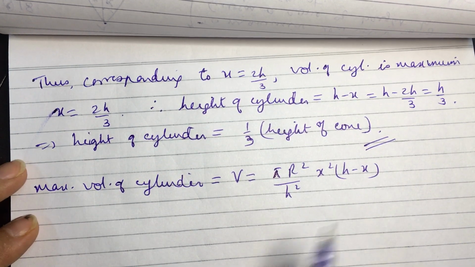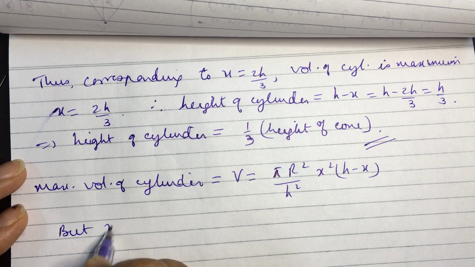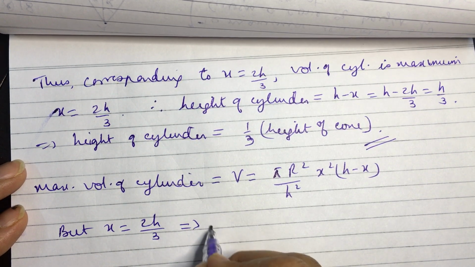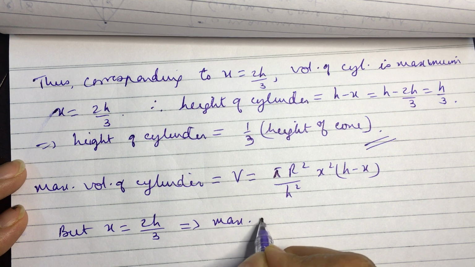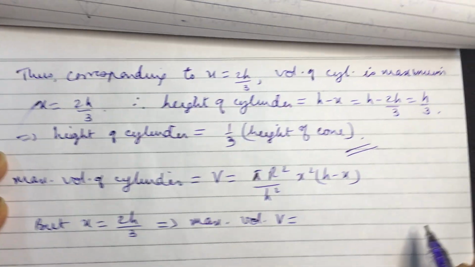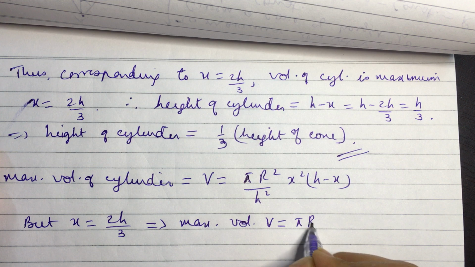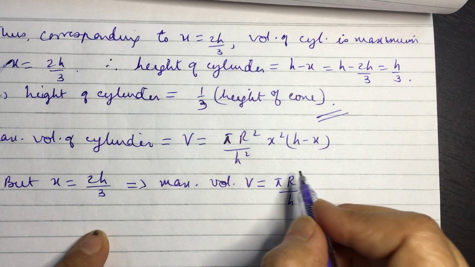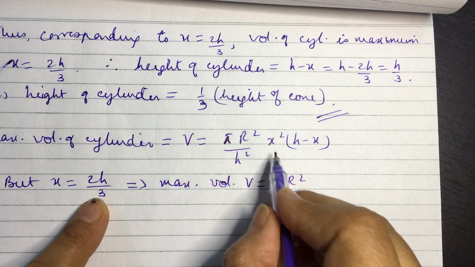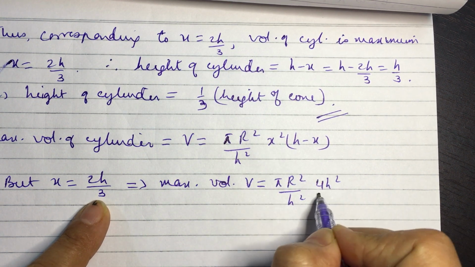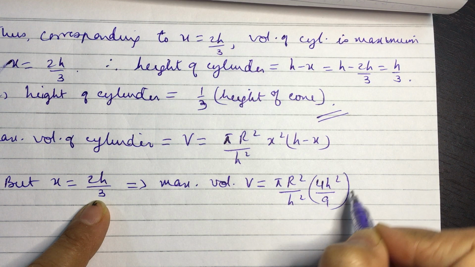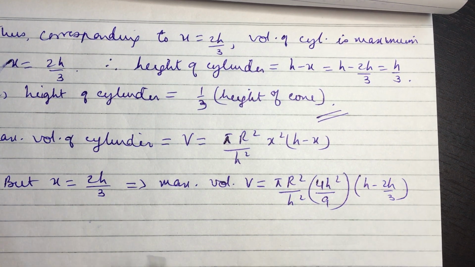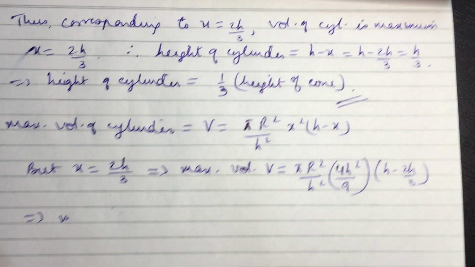This is the formula, but x is equal to 2h by 3. It implies that maximum volume V is equal to pi r square over h square. In place of x, we will be writing 2h over 3. So, 4h square over 9, and this is h minus 2h over 3, and this gives us